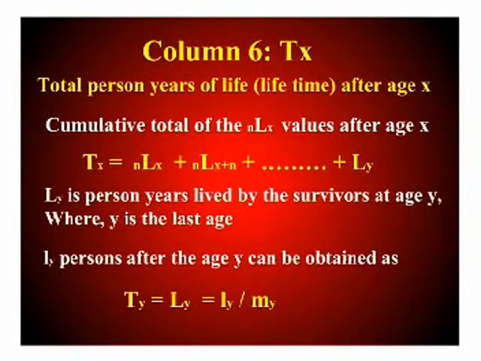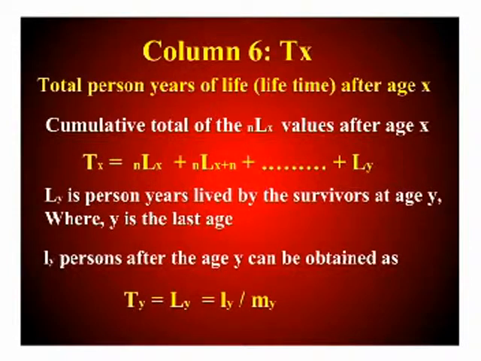In column 6, Tx values are reported. Tx values represent total lifetime after age x. This is the total number of person years lived by the survivors lx in the future. This is given by the cumulative totals of the nLx values after the age x. That is, Tx equal to nLx plus nLx+n plus, and so on,